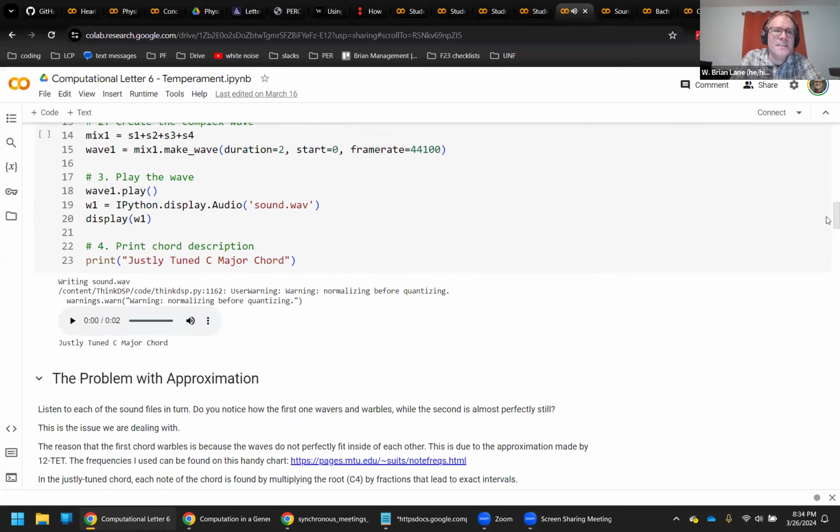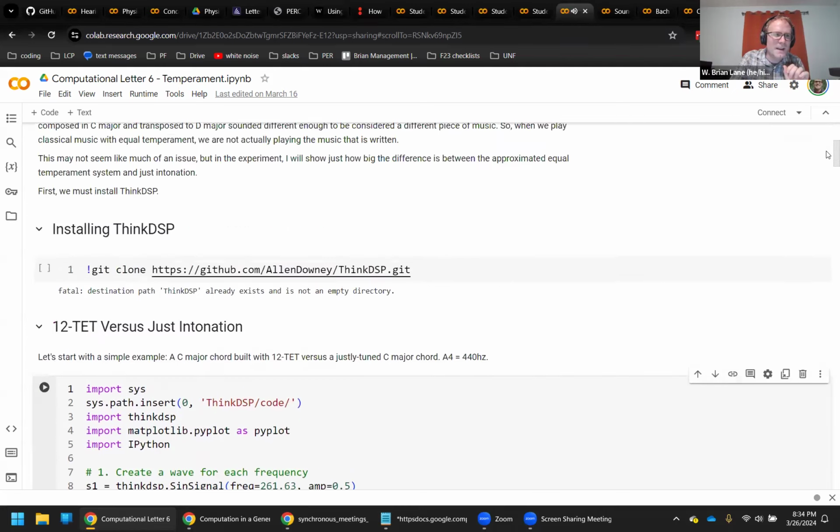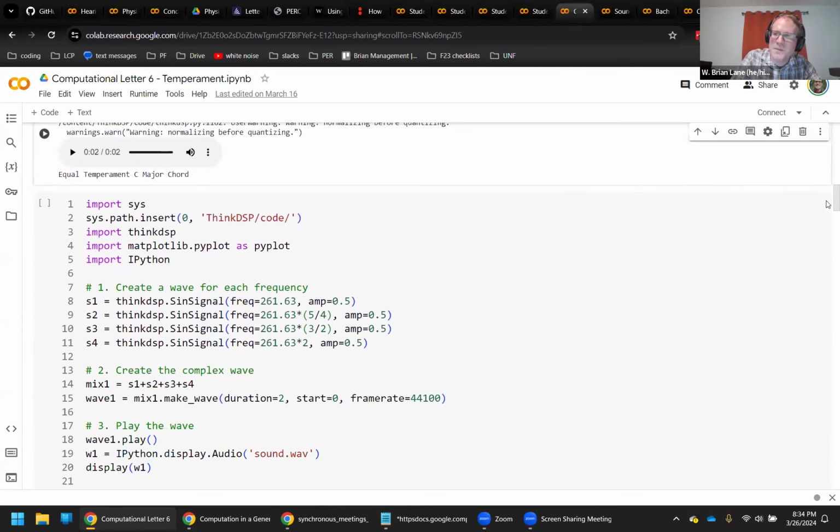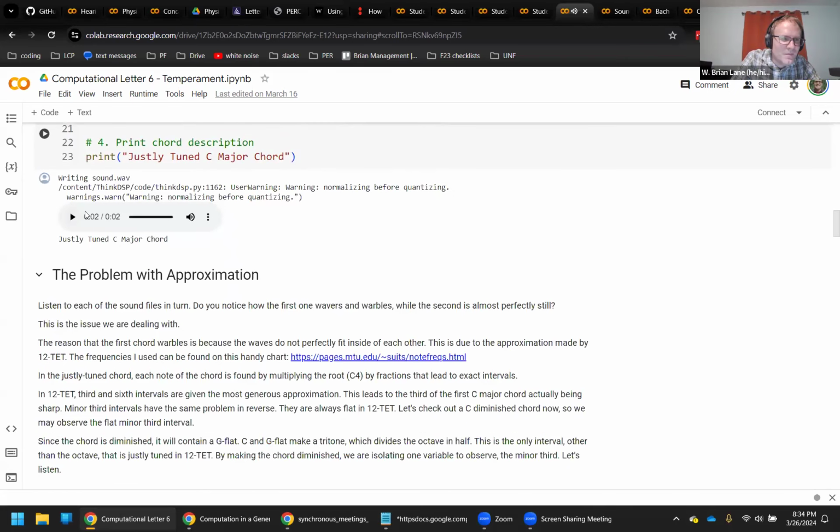Okay, that sounded nice. Here they're doing the same chord, so what are supposed to be the same notes, using just tuning. Let's get those side by side, or one right after this, so we can try to tell the difference. I can just barely hear a difference there. Neither of them sounds bad, but putting them next to each other, I can tell something's different there.